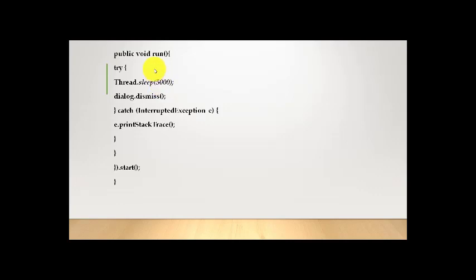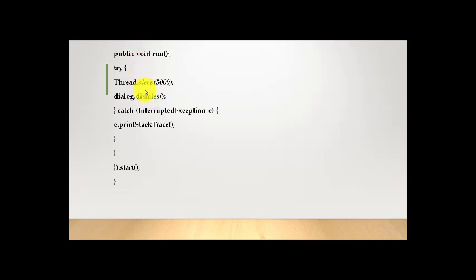Then again, when you call this run method, run is a method of the Thread class. Whenever the thread starts its execution, it will first enter into the sleep mode for 5 seconds, 5000 milliseconds. Then after that, dialog.dismiss. After 5 seconds the progress dialog, which is an object of ProgressDialog, will disappear, dismiss.